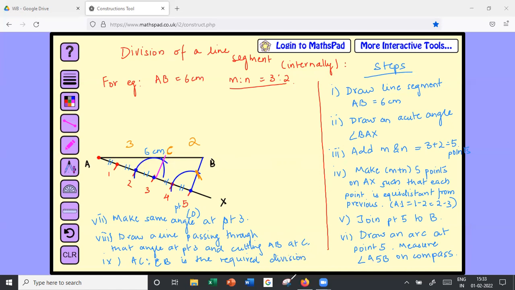Ma'am, could you just re-explain the last part? Like, I understood, like, using an arc, you cut that P5. After that, could you explain how did you get the parallel line? Sure. Okay. For this, let me take you back to your constructions part. I think if you're clear with this, then I think you will understand whatever I did here.